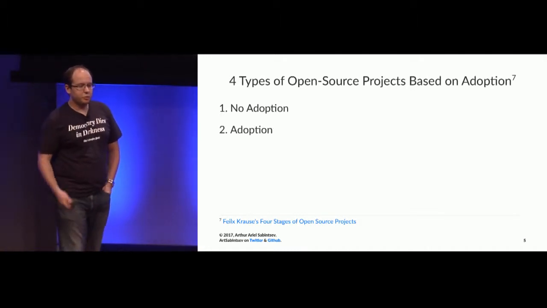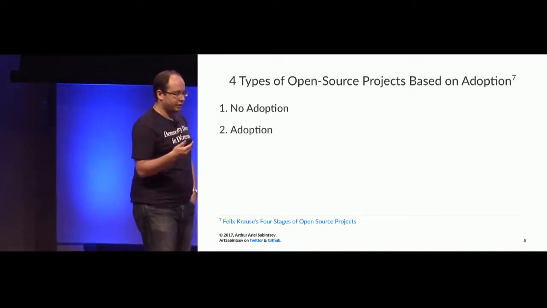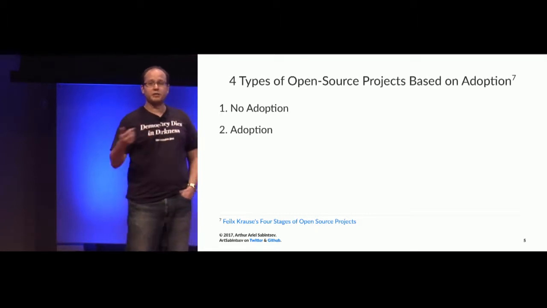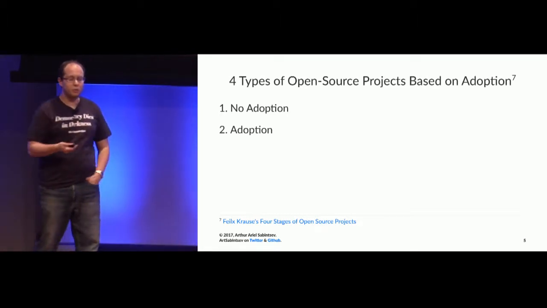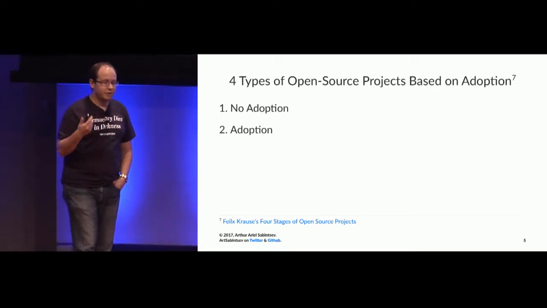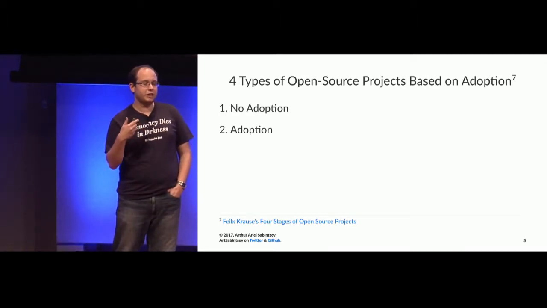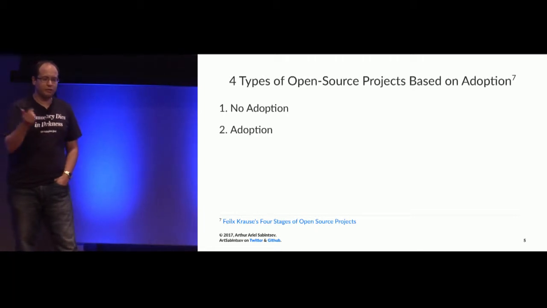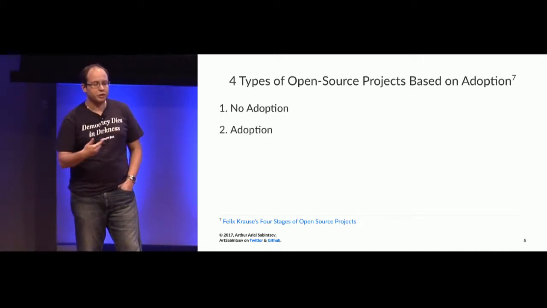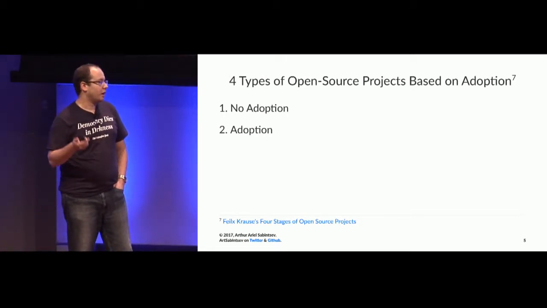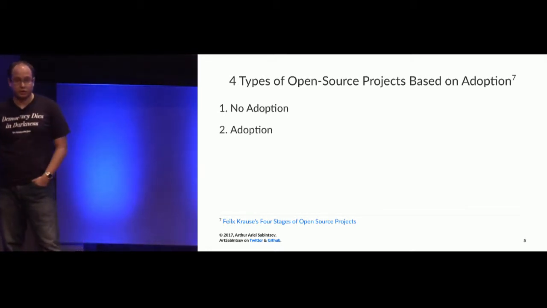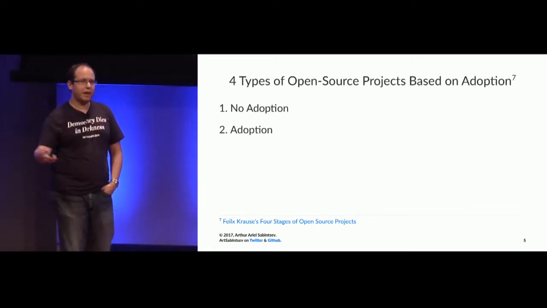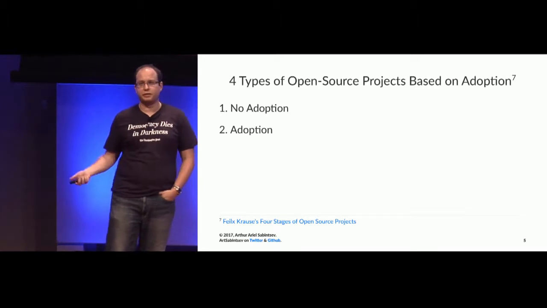Then there's a project with adoption. At the very lower end, this is when at least one individual that you don't know, or that has not contributed to the creation of this project, has actually opened an issue or a pull request or fixed the README or posed a question or contacted you in any way, shape, or form about this specific project of yours because they found it interesting. And having that first person come in, that's the best feeling in the world.